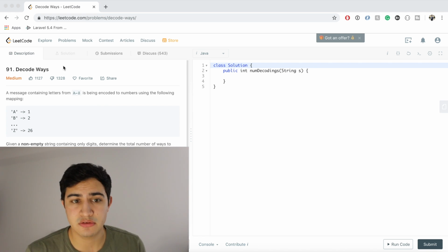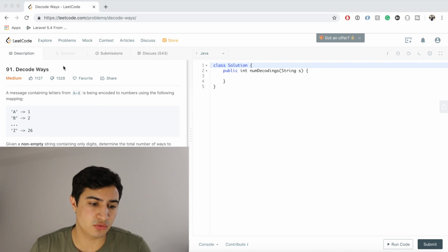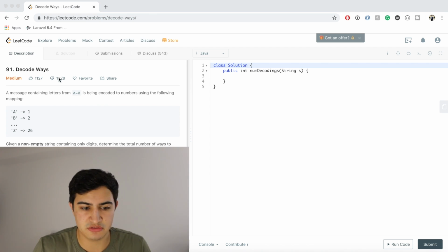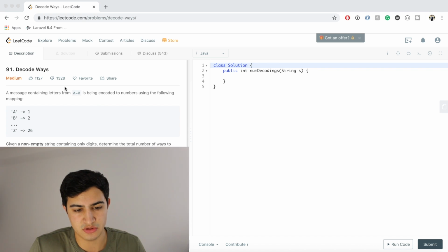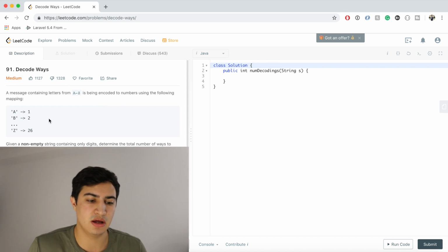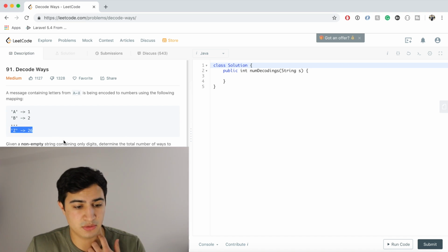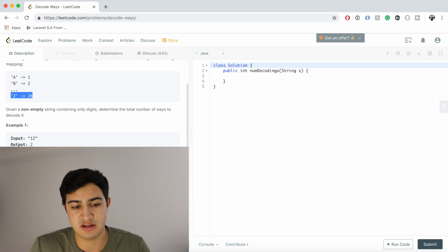How's it going, guys? Today I want to go over a question called Decode Ways. This is a question that's being asked by Facebook right now, so good question to know. It says, a message containing letters from A to Z is being encoded to numbers using the following mapping. A maps to 1, B maps to 2, C maps to 3, so on and so forth, and Z maps to 26. So it says, given a non-empty string containing only digits, determine the total number of ways to decode